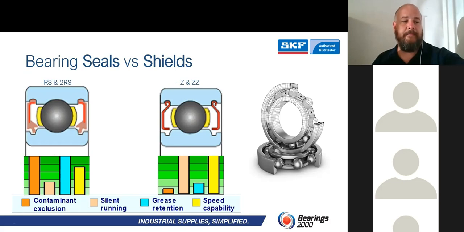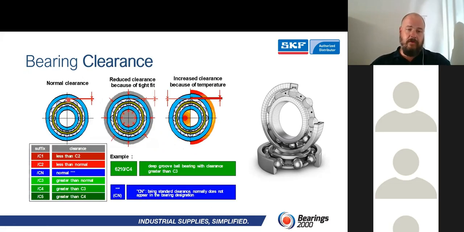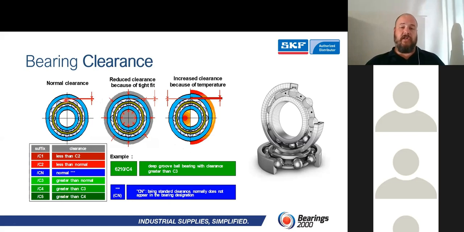If we look at the internal radial clearance of a bearing, we are referring to that little space between the rolling elements and the raceway, which is indicated within the suffix with either C3, C4, C5, C2, or C1. If there is no C on there, it is a normal clearance. That is in microns, and everybody is aware of a micron, a 1,000th of a millimeter. So that is all in microns. And guys, the radial internal bearing clearance is there for temperature.